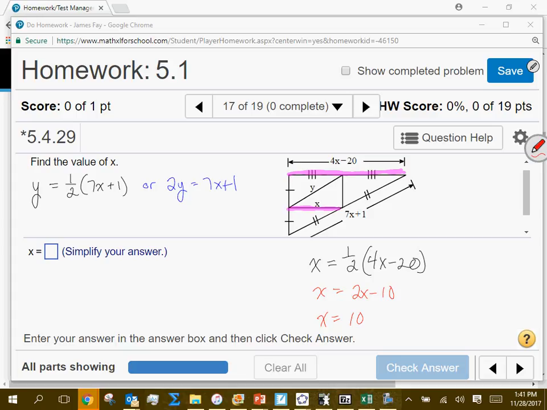Then if you need to, you can find y, but I don't know if this question asks you to find y, does it? I need to find value of x and go from there. All right? Yeah, wait, so how did you get 10? Because when I subtract 2x from both sides, I'll get negative x equals negative 10. So the next equals